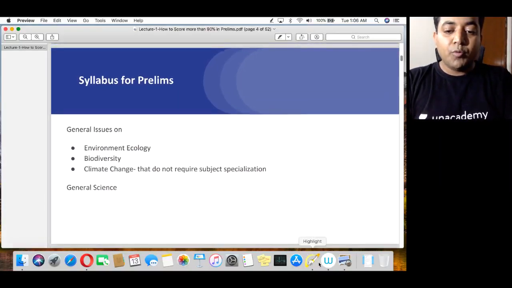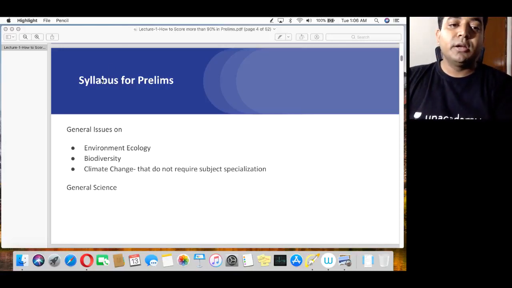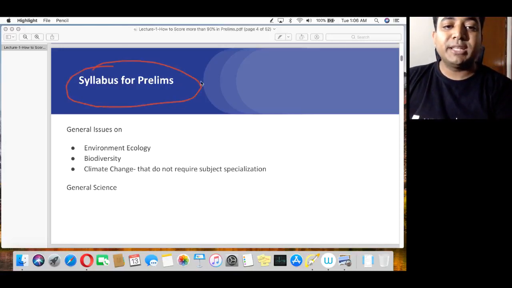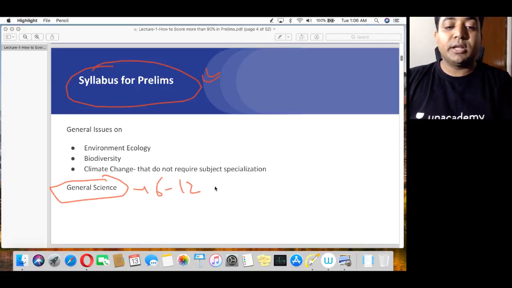Now, before you move forward, before you jump the gun, it is very important that you understand the syllabus. Okay, syllabus is the most important thing. Unfortunately, in prelims they do not mention anything at all. They just mention general science. So it is pretty clear that they are going to ask questions on 6th to 12th class NCERT, and this